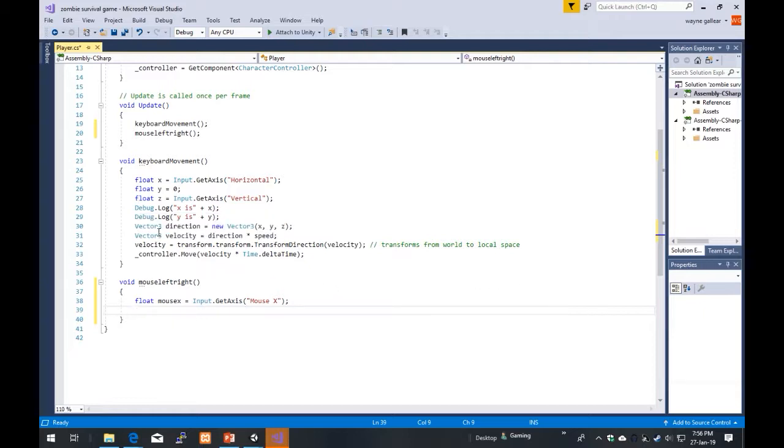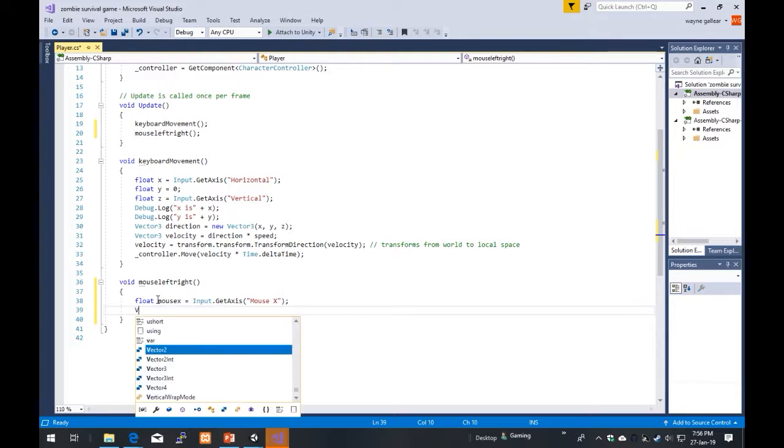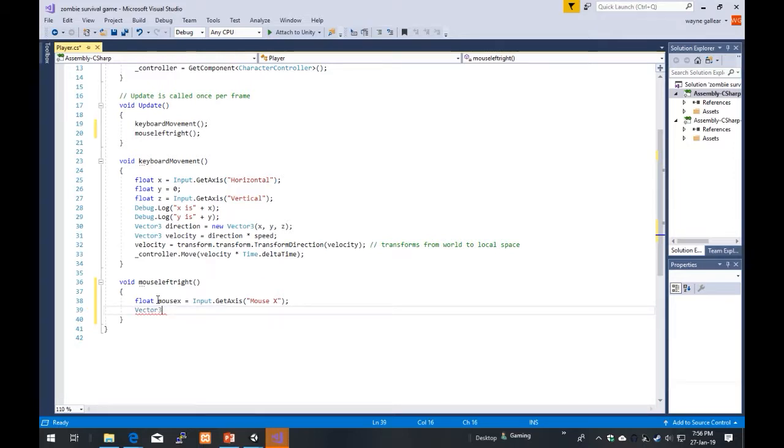we're going to create a Vector3 again, the same as this. It's a Vector3, and we're going to call it a new variable, but this time we're looking at the rotation. We're not looking at directions or transformations, we're looking at rotations, the current rotation. We need to look at our current rotation, because we're going to change the current rotation. So it's going to be transform again,